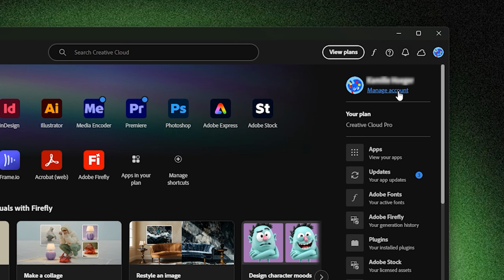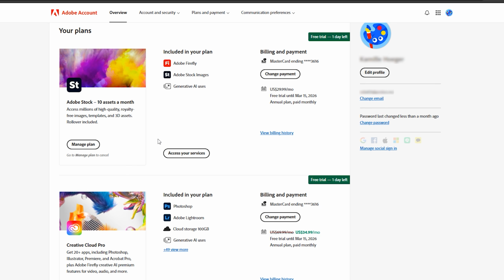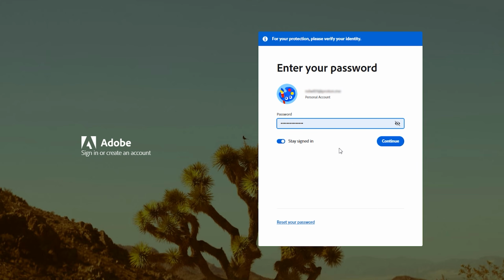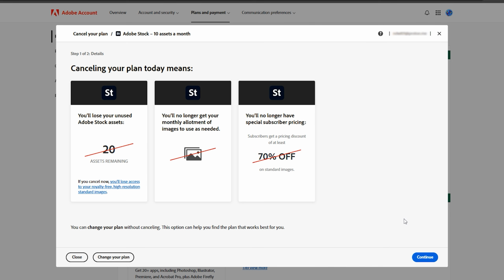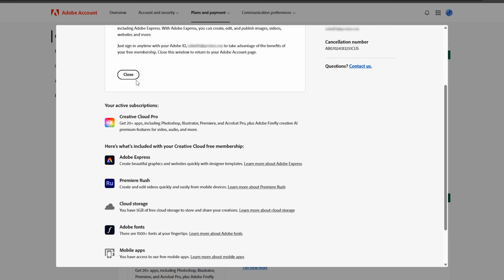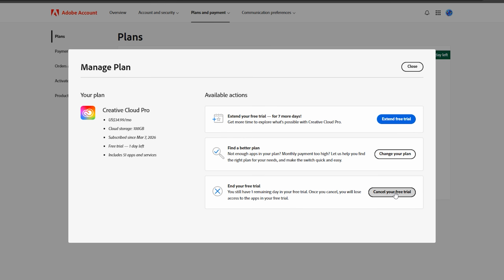Go to Manage Account. Since I also grabbed the Adobe stock trial, I'll cancel that one first. Click Cancel Free Trial. Confirm your account with your password, continue, and hit Cancel. Now let's cancel Creative Cloud Pro. Click Manage Plan, cancel your free trial,